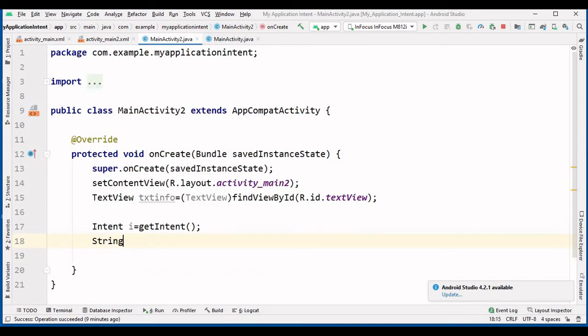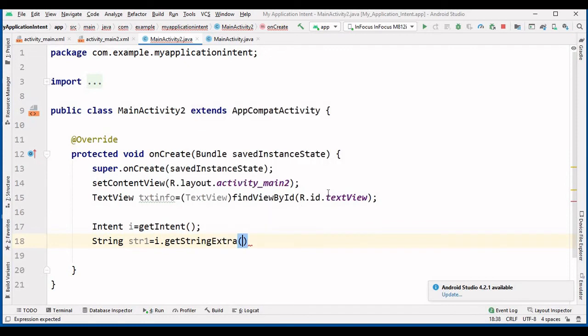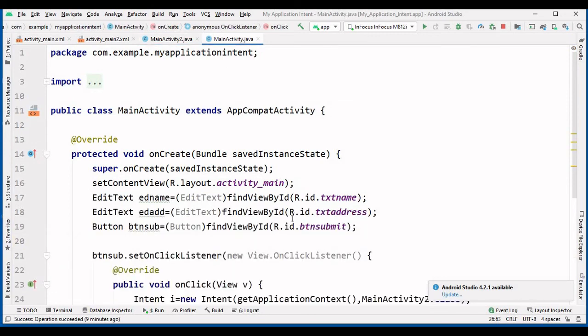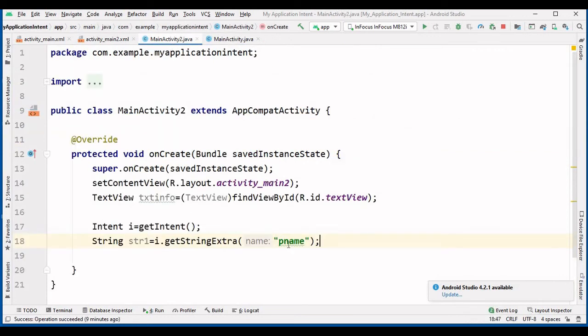And after that I will just create two variables here. String str1 is equal to, I say i dot getStringExtra, and I want the value of the variable p name. Means whatever the data present in the p name, store that data into the variable str1. So whatever the name you have given here for that variable, it should be the same in the second activity. Then only it will read that data.